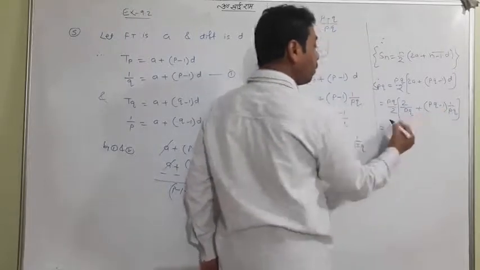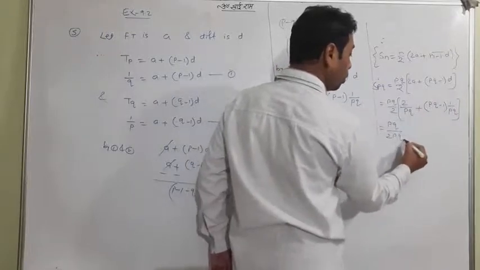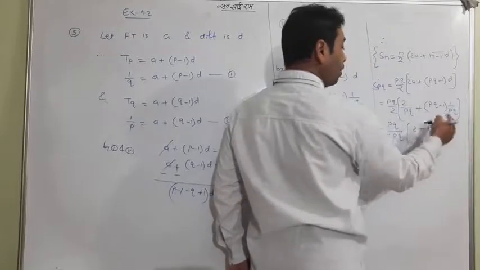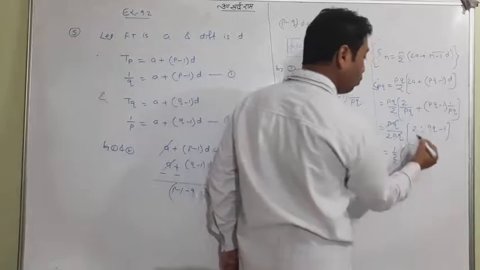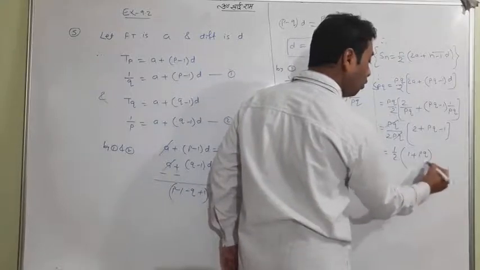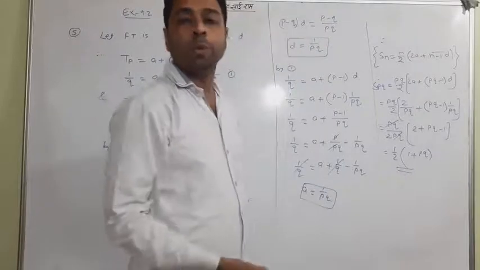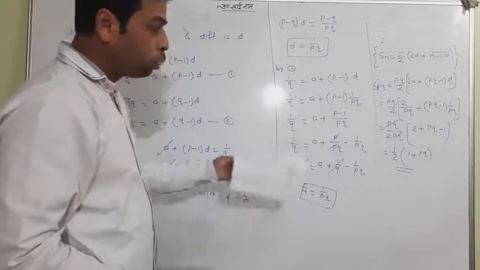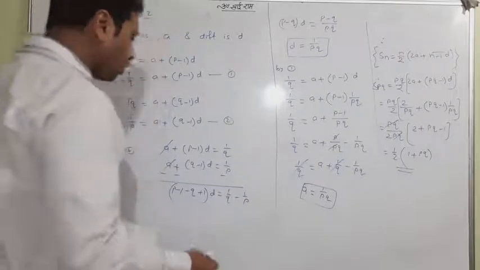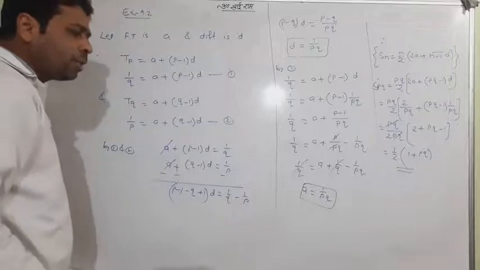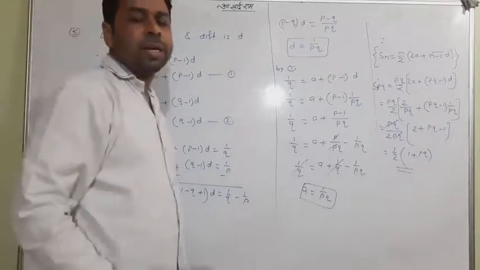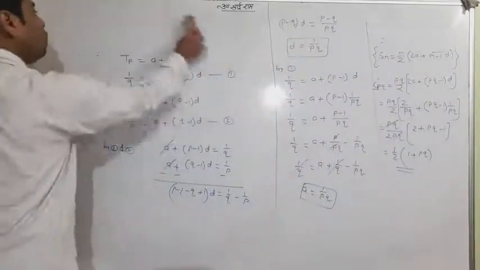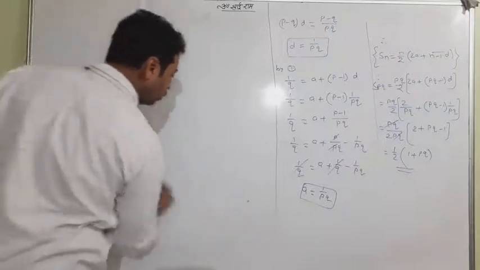What you will do? Take out pq common from the denominator. What will we have? 2 plus pq minus 1, and pq will cancel. 1 by 2, 2 and 1 is 1, so (1 plus pq). You have got the sum of pq terms, which was exactly as told in the book. You can see that the sum of pq terms is 1 by 2 (pq plus 1), hence proved. So this is a long question, but I don't think there is any toughness here. It is nothing hard, very easy. The concept is also very easy. If you are familiar with such kinds of questions, I know that you can do it.